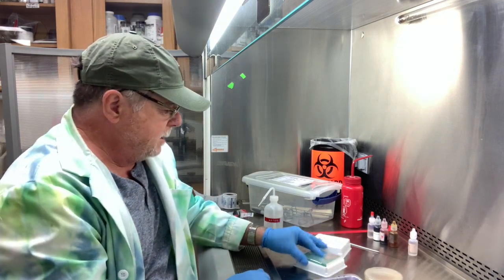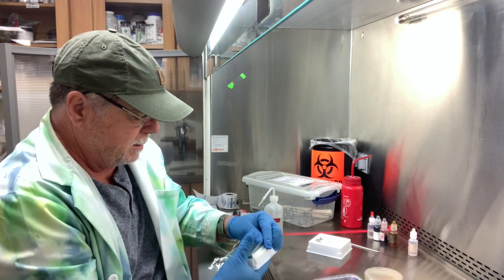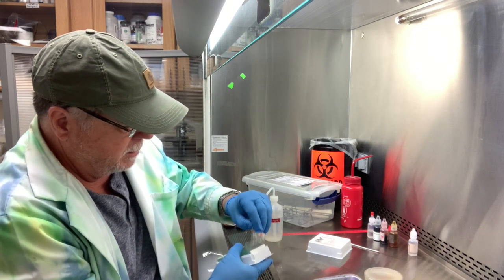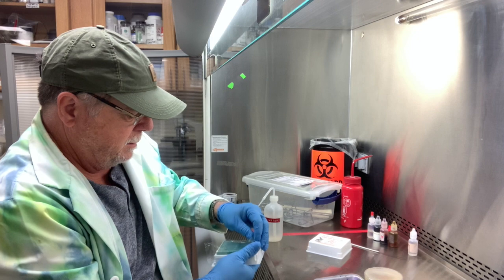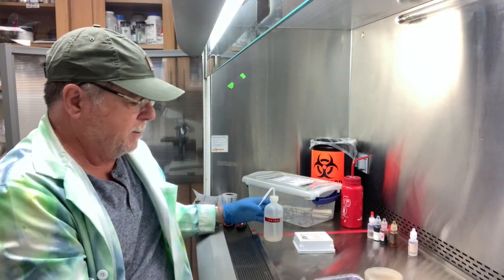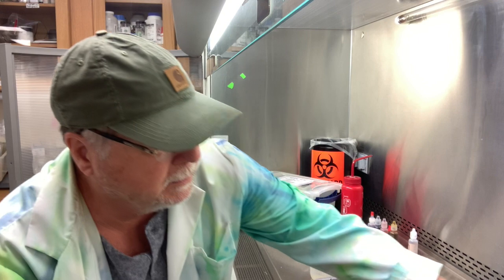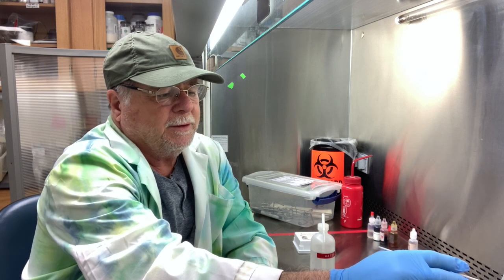All right, so here are my slides. I'm going to take one slide and get it set up, and we just put it on a cork. We'll need a loop, our source of bacteria, a drop of water, and our stain. Okay, here we go. So we can sterilize our loop. We don't have to for this step because the water's not sterile, but we just want to remove any unwanted things. And we stick it down this barrel